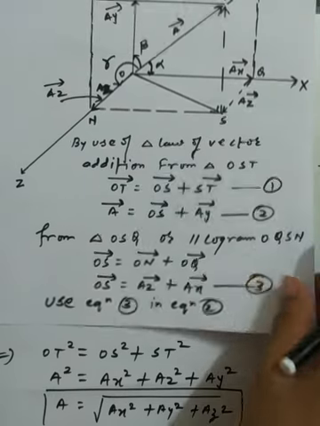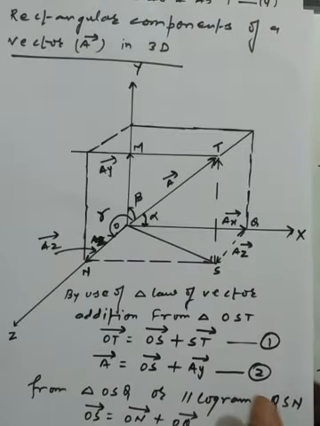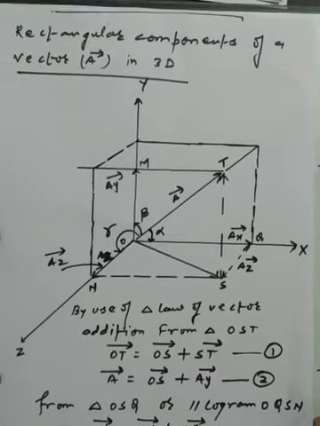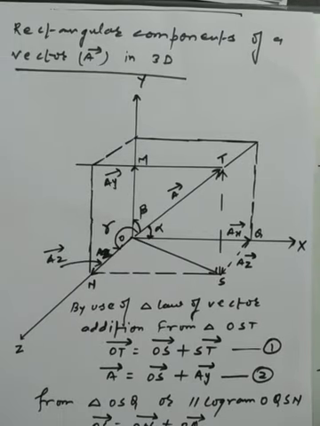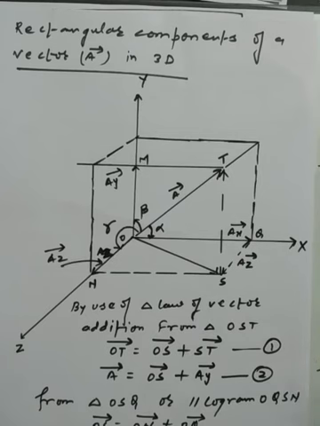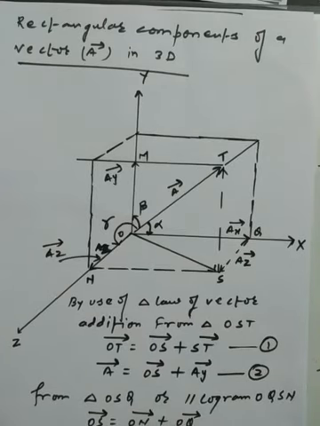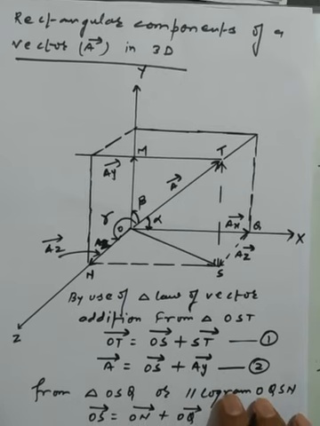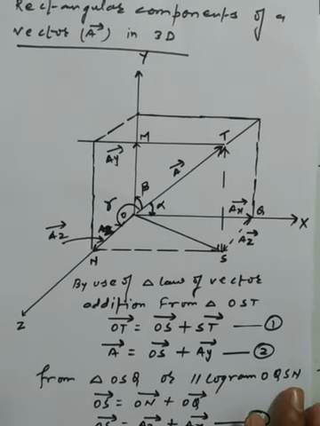Representation of a vector in two dimensions and three dimensions, and how we get the magnitude of a vector along with the direction of the x and y axis. So this is the end of the topic. I think it's too long, but we should learn it, otherwise we are not able to resolve the vectors. Okay.